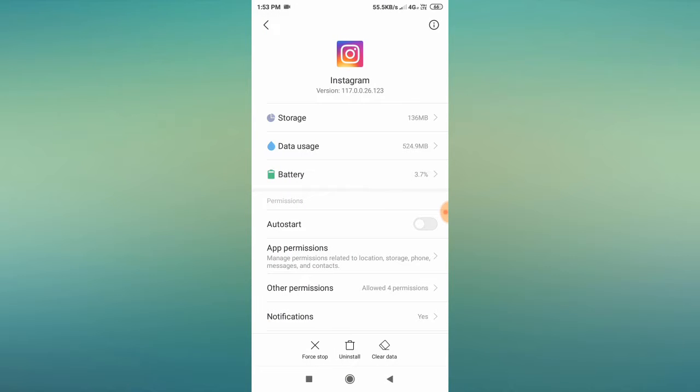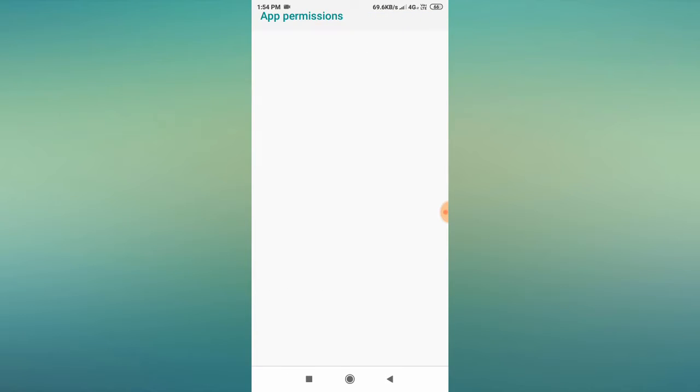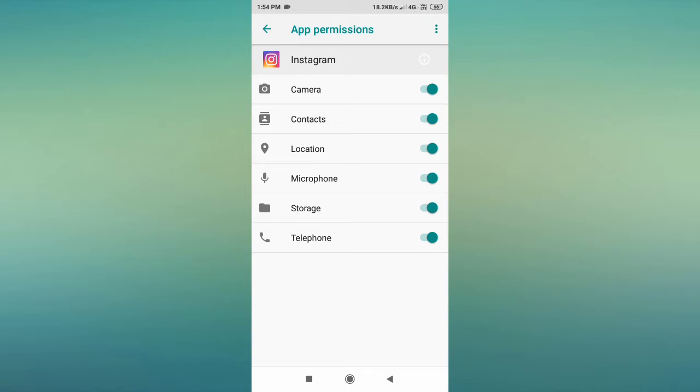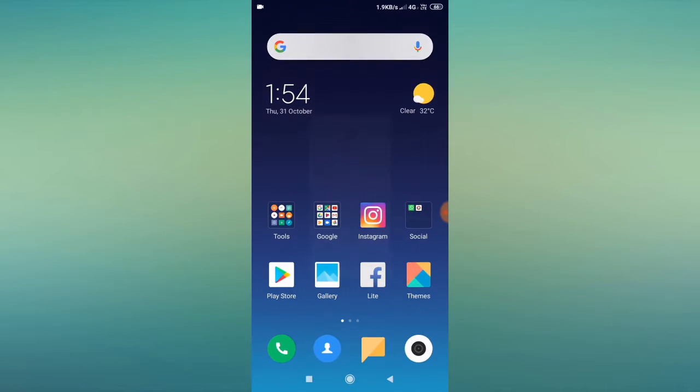Now, your data means it is not that your Instagram account is going to be deleted, nor your data which is in it. You will just be logged out from your Instagram, that's it. Now go to app permission and allow all the permissions. If it is already enabled, then just turn off the permission and enable it again. Now go back and restart your mobile, then open your Instagram app and